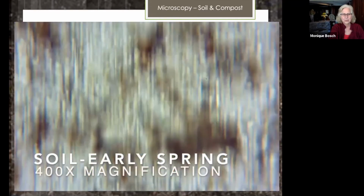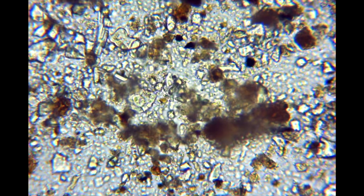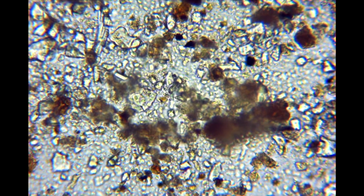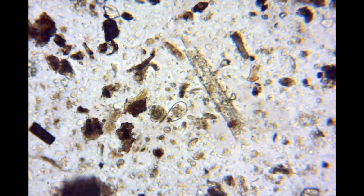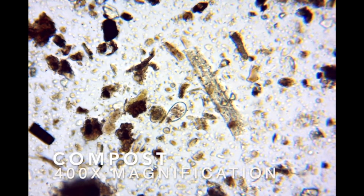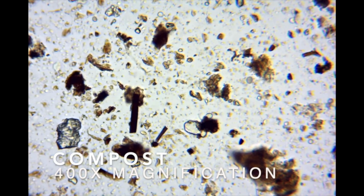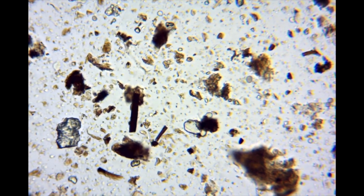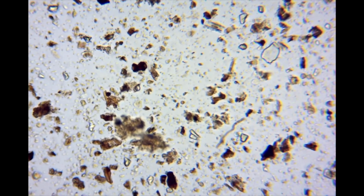This is some soil that we took from the garden beds that we were testing a couple of years ago. And it's beautiful soil, lots of aggregates. But what we found with the soil, it was bacterial dominant, amazing numbers of bacteria. So let's take a look at the compost that we wanted to apply. And I was thrilled to find not as much density of bacteria here, but excellent fungi. So we knew we were going to end up with a really nice bacterial fungal balance by adding this compost